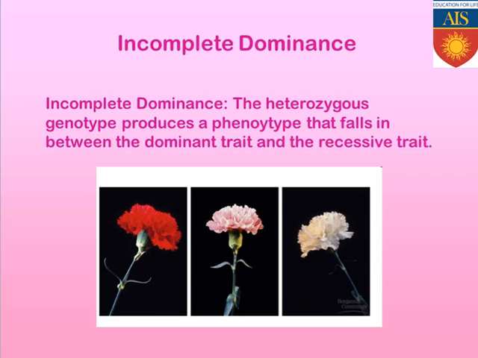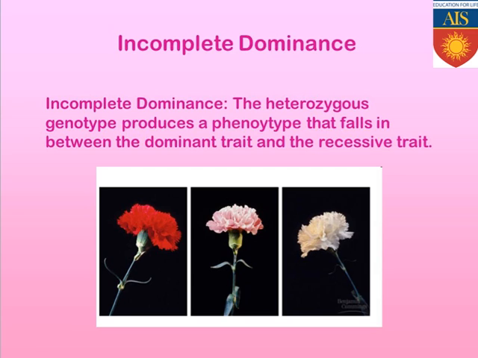one is a dominant feature, another is a recessive feature, but when the dominant allele and recessive allele are present side by side, we all know the feature of the dominant allele will be expressed outside. But in this case, the feature of neither the dominant nor the recessive allele is expressed; rather, the feature which gets expressed is a mixture of the dominant and recessive alleles, which is commonly found in the case of snapdragon flower.